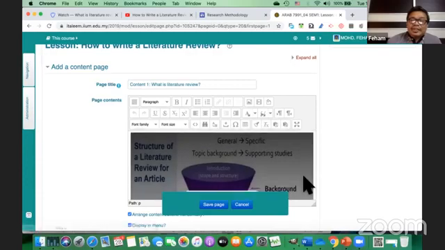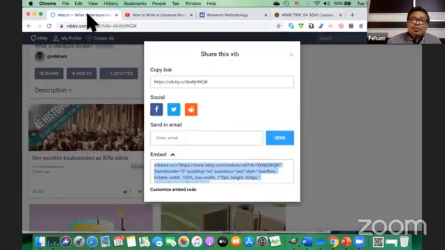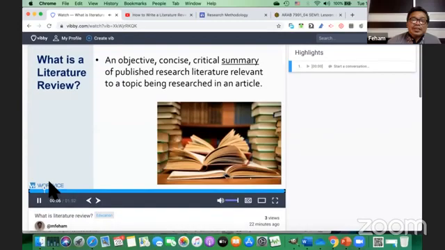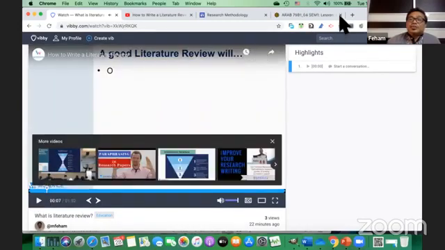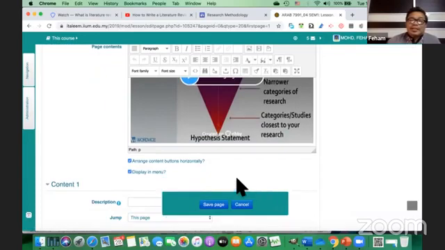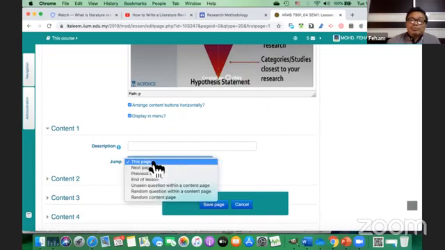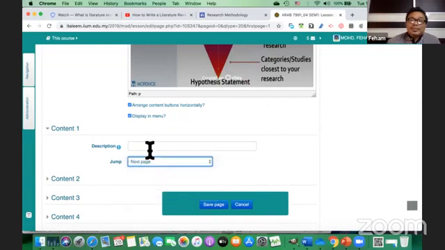You have it here, the content of the first one, the first part of the video, which is what is literature review. Okay, so you have the first content ready, and then save the page. Right after this page, it will jump to the next page.